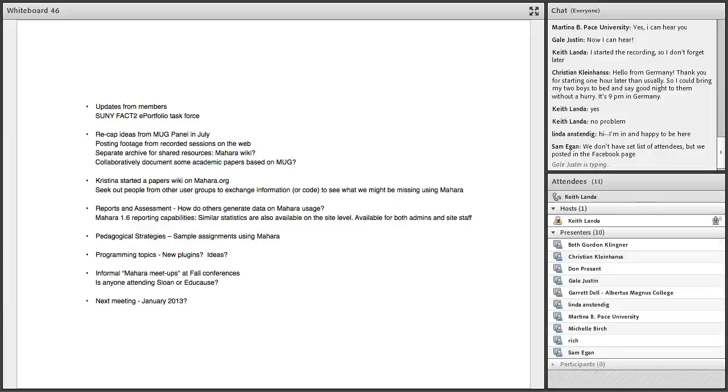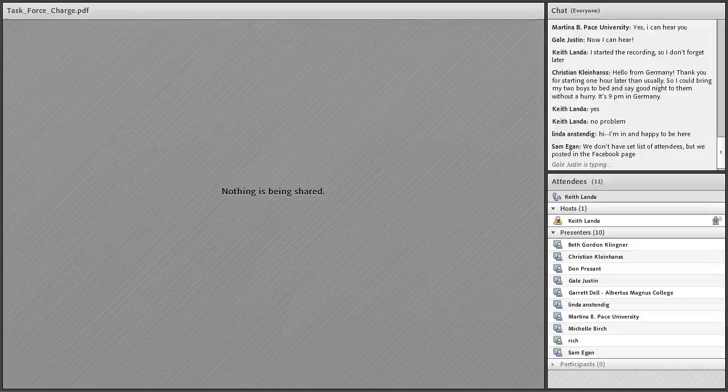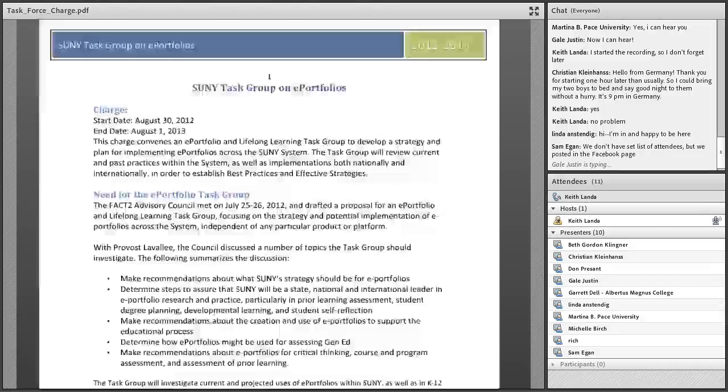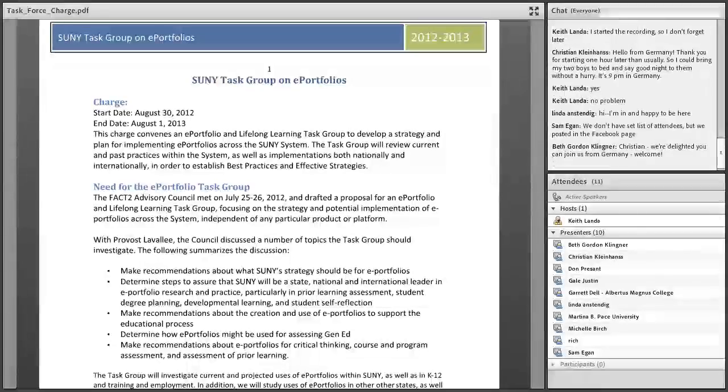Yeah, I was hoping Ellen would be in by now, but I can say a few things. So I'm going to stop sharing the agenda for a minute and bring up the task force charge. SUNY has a system-wide group called the Faculty Advisory Committee on Teaching and Technology.